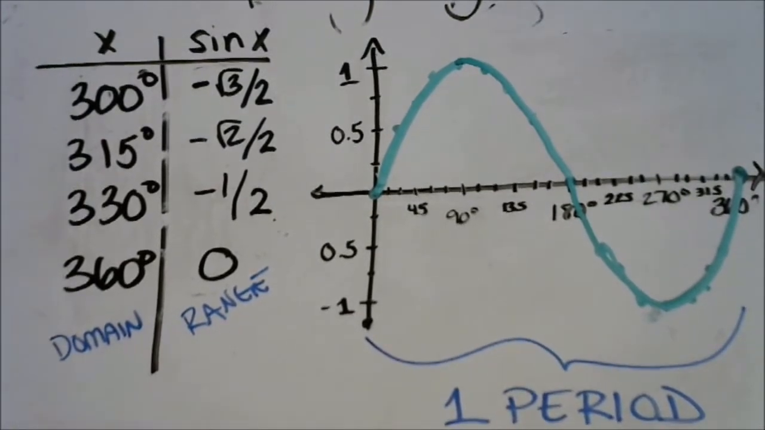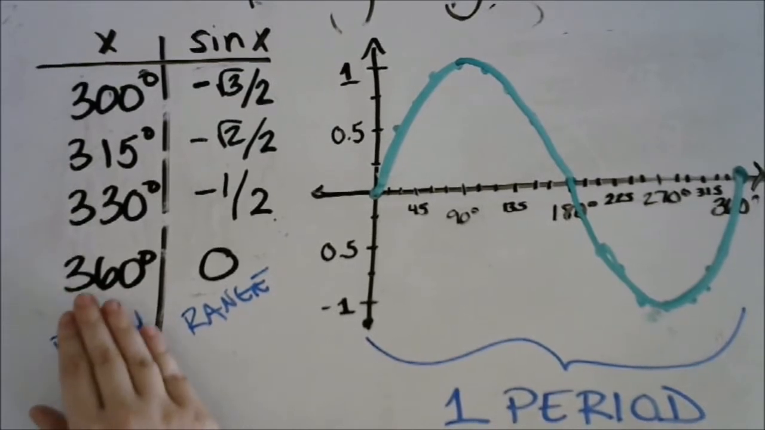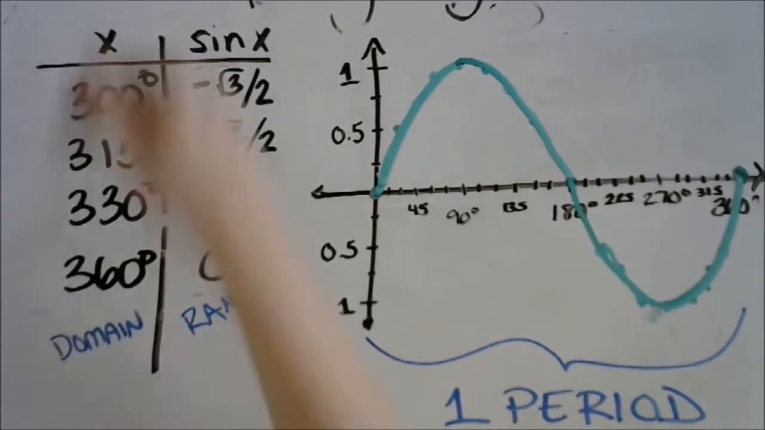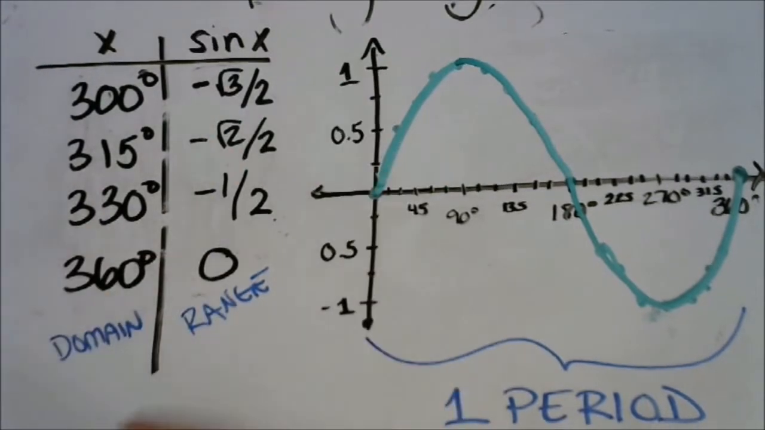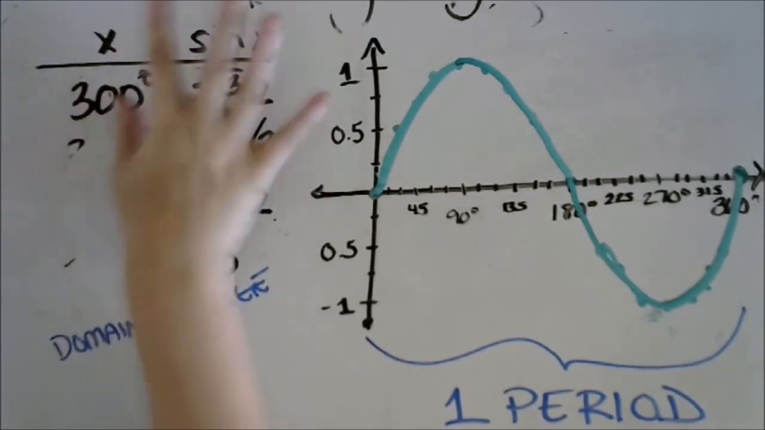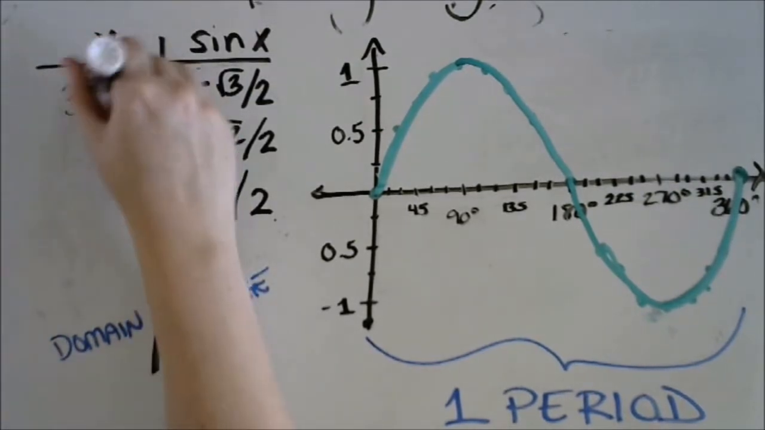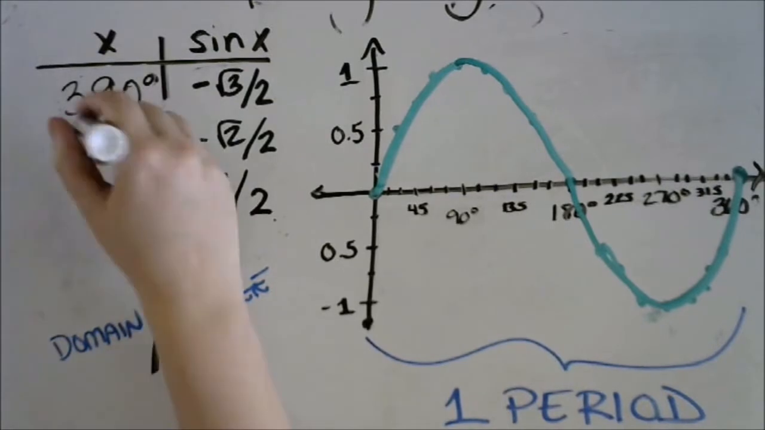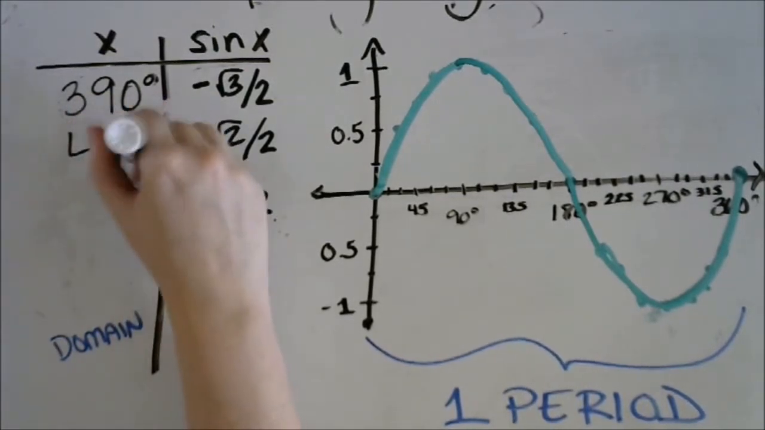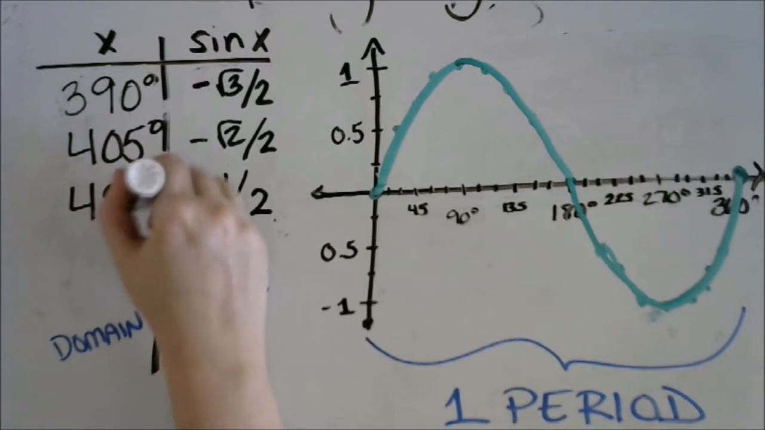However, we know that when we're dealing with circles, the function doesn't stop at 360 degrees. What's going to happen if we continue our domain into the next revolution? Well, let's just take a peek at the values obtained going past 360, but still dealing with angles coterminal to those on the unit circle. After 360 degrees, we would have 390 degrees. After 390 degrees, we would have 405, then 420,